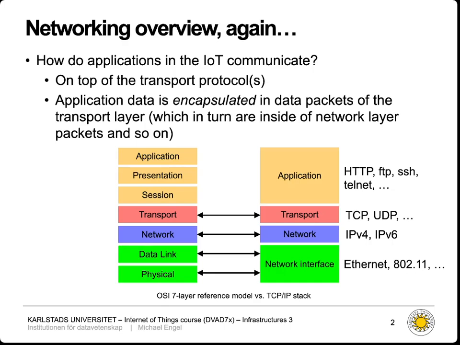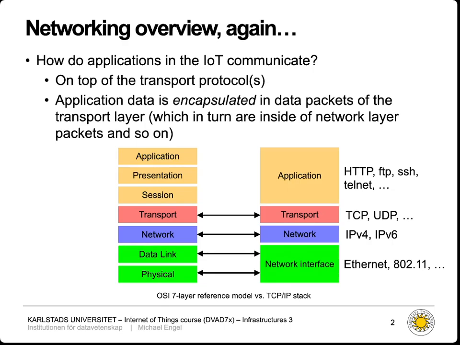To recap and revisit our networking overview, we have seen our ISO OSI networking stack already with its 7 layers, and the simplified view on the right-hand side of our TCP/IP network layer stack, which in general consists of a network interface, then a network layer, which handles addressing and routing, a transport layer, which handles communication between endpoints on the network, and then an application layer, which encompasses the 3 upper layers of the ISO model, so application,